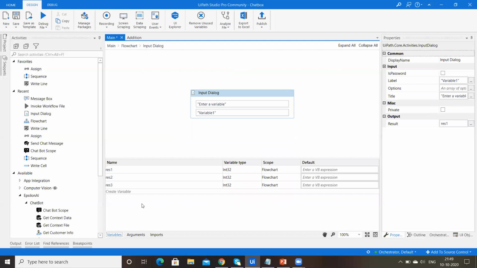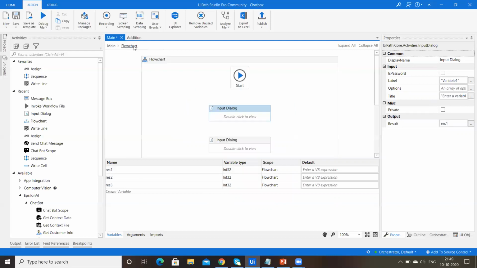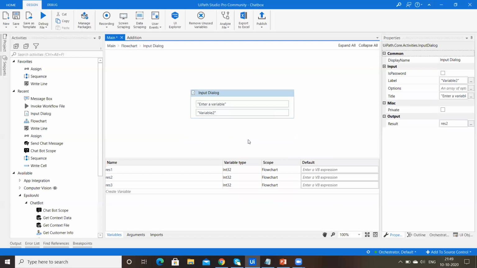I created the variable result1 and converted the variable type from string to integer. In the second input dialog box, in the label column, I mention Variable 2, and in the title, I mention Enter a variable.